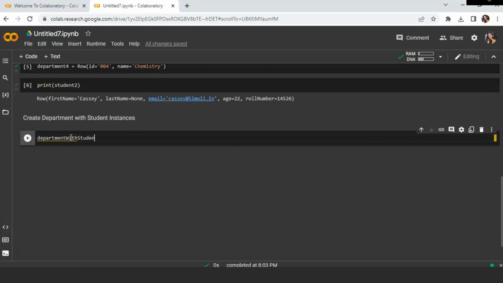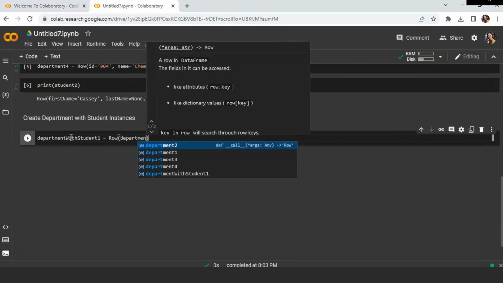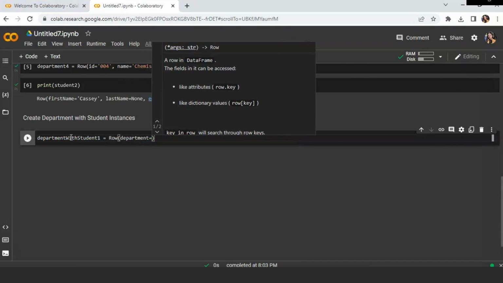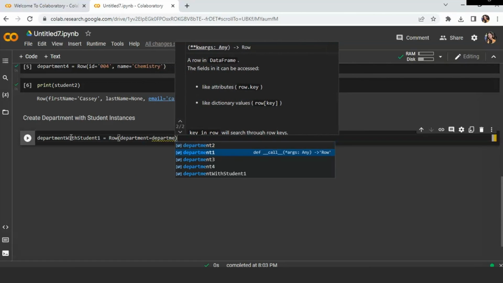It is the same as we created the student. Now it's for department, so it will be department_with_student1 equal to Row, in brackets department is equal to department1,